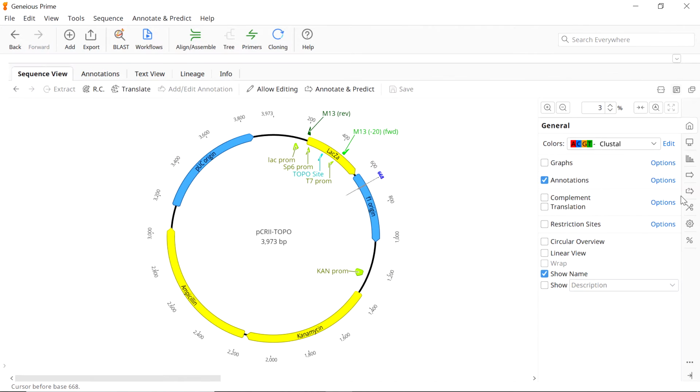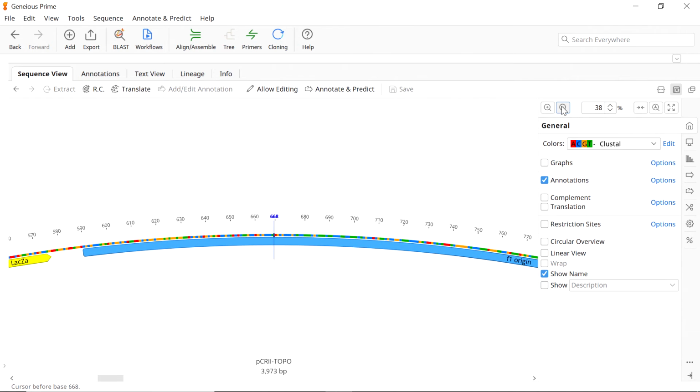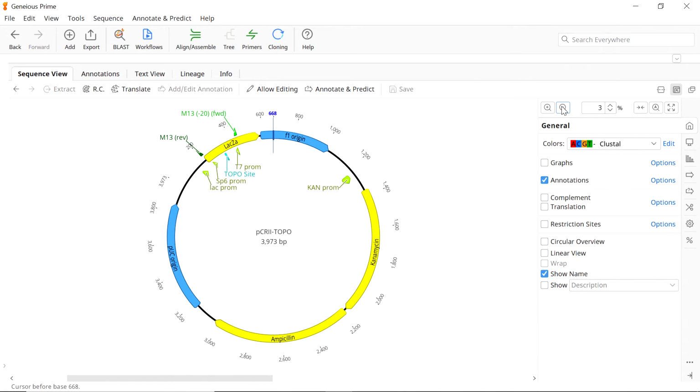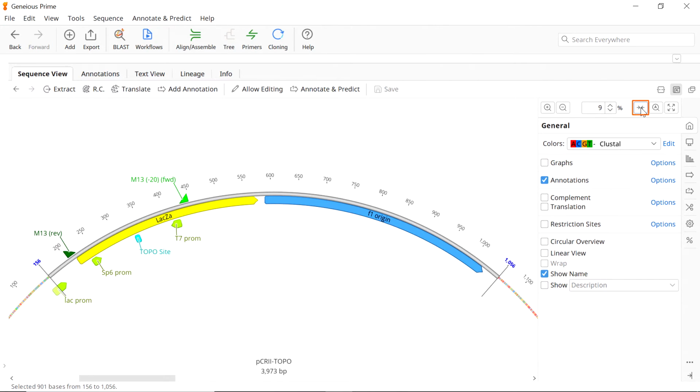When viewing nucleotide file types, you'll see a control panel to the right of the document viewer. This control panel contains various tabs that let you customize what your sequence looks like. You can even perform some simple analyses directly from here. Within the General tab, you can use the options at the top to zoom in or out of the sequence. You can also zoom into a specific region by highlighting it on the map and pressing the Zoom to Selection